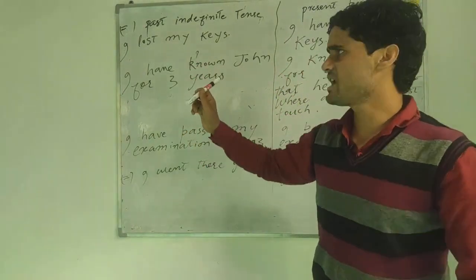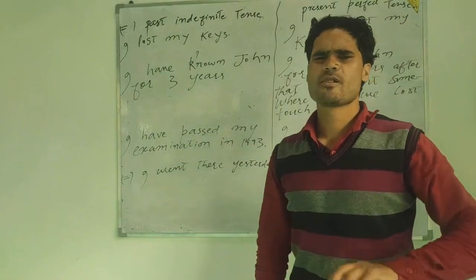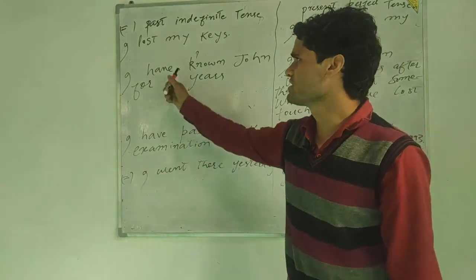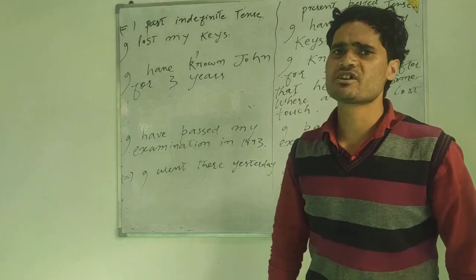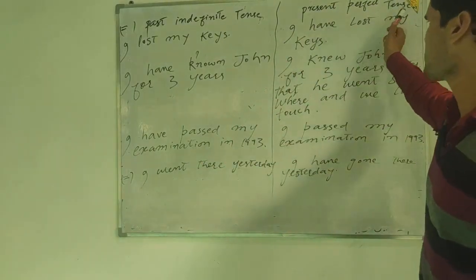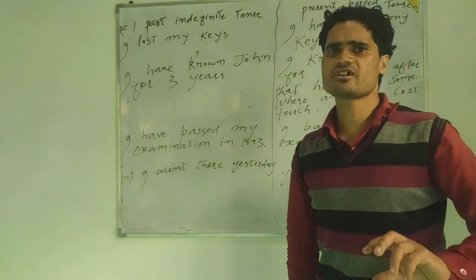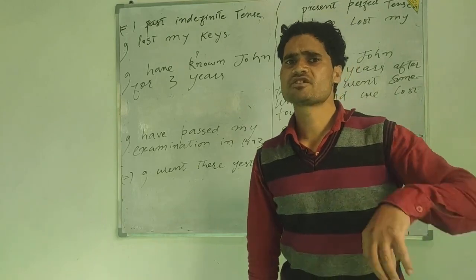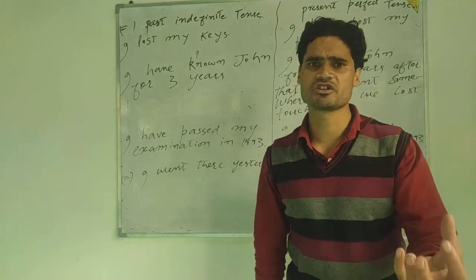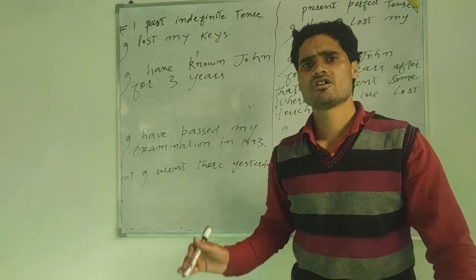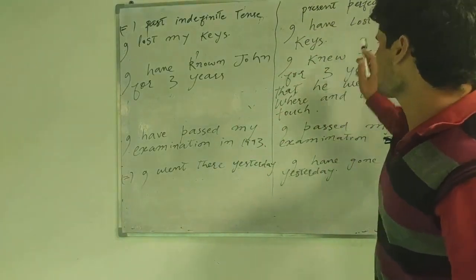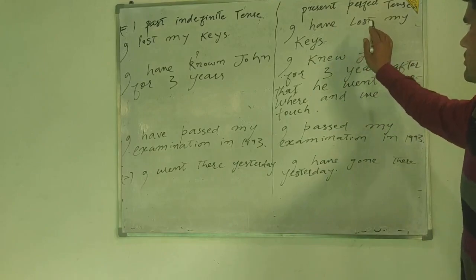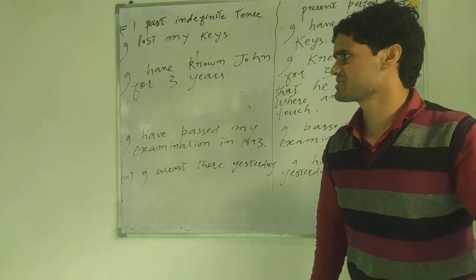If I had said I lost my keys, it means it has gone by, it is finished, and I have bought new keys. I don't feel any kind of experience of losing my keys here. But if I say it in present perfect tense, I have lost my keys, it means that I am still repenting losing my keys. I don't have the new keys. Here I am feeling the result of losing the keys in the present.